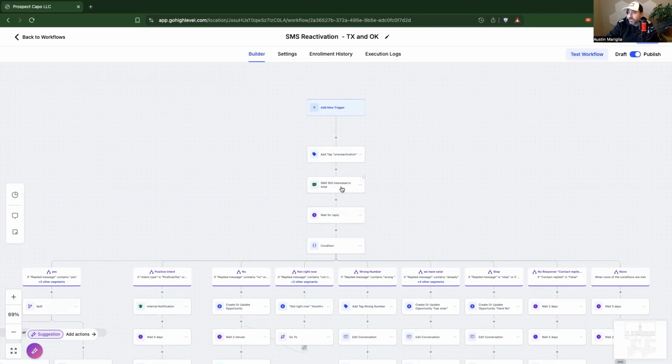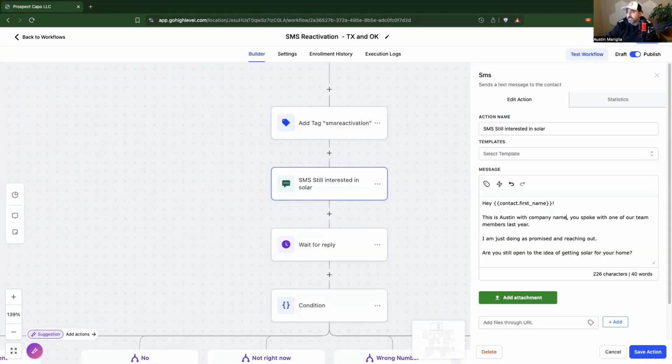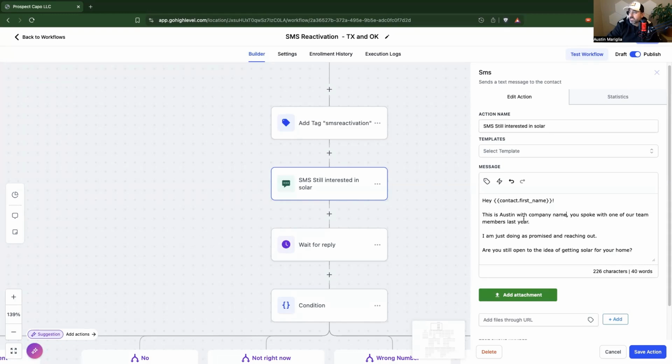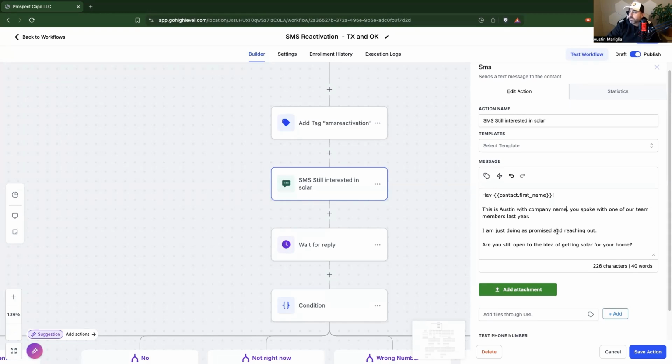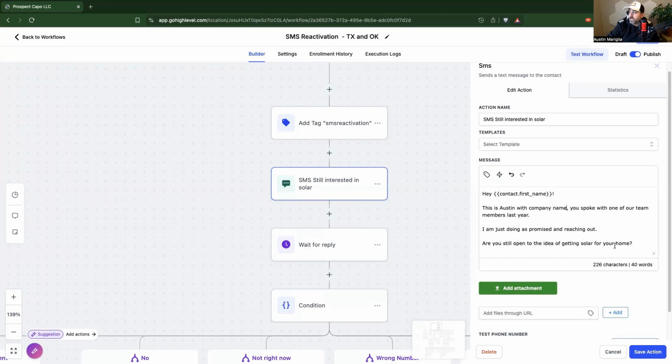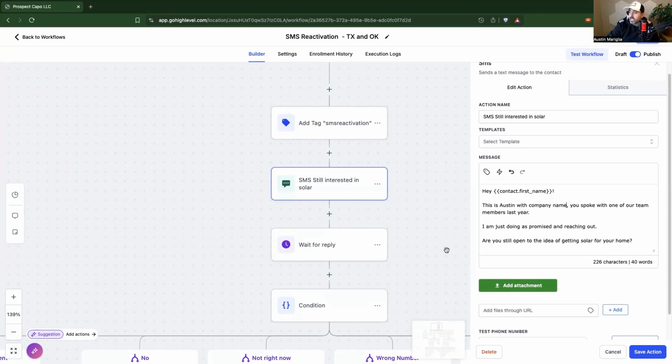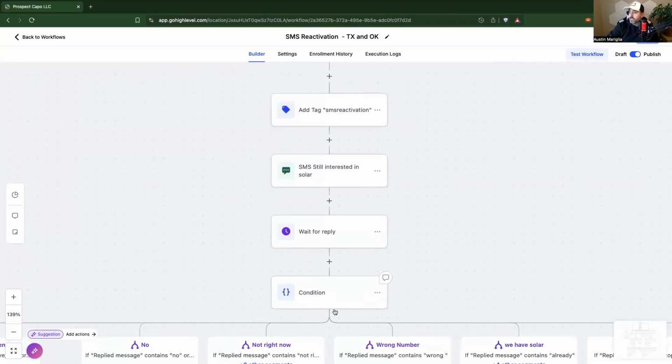And the message was very simple to them. The message just said, "Hey, contact first name. This is Austin with company name. You spoke with one of our team members last year. I'm just doing as promised and reaching out. Are you still open to the idea of putting solar on your home?" And that was it. And then the machine just waits for the reply,